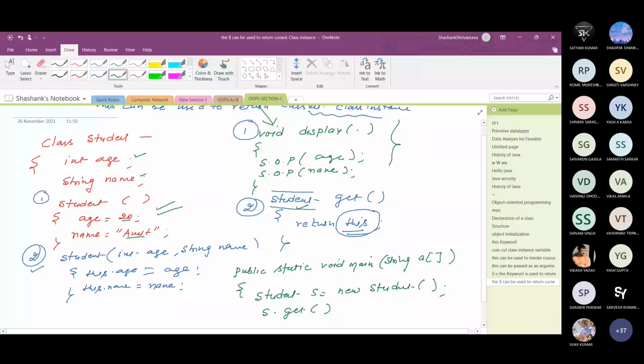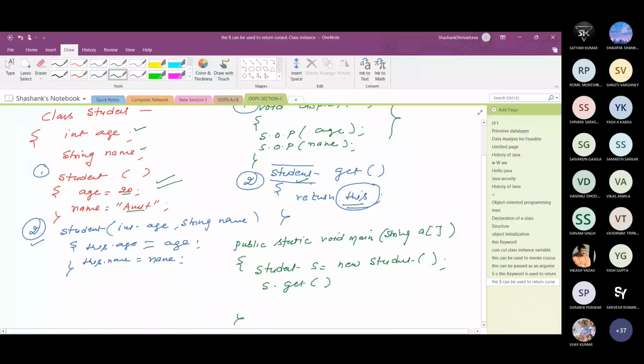It again returns an object reference variable, which is referred by this. Now s dot get, this whole expression, is also a reference variable. So you can put the dot operator, and with the help of the dot operator you can call display method.